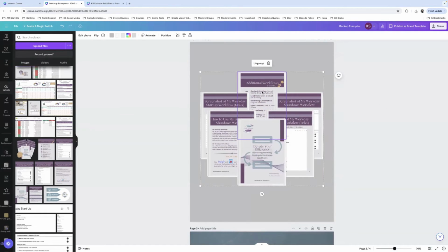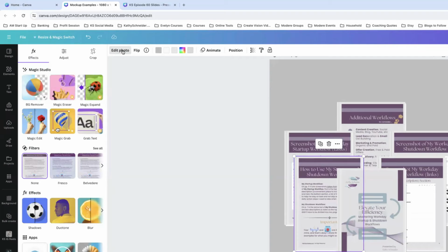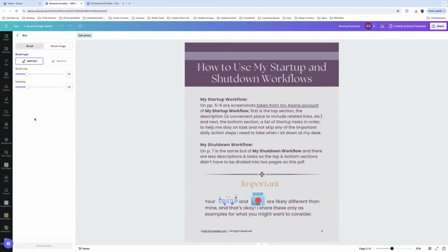Now, another thing that you can do if you want to is you can actually take this and let's say that you don't want them to be able to read these words. You can come up and hit edit photo. And again, this is just a great way to see how to use mockups, okay? And then you come down to the blur effects. You see under effects here. What I did was I hit edit photo, and then I'm going to come down here to the blur. I'm going to click this, and I'm going to blur the whole image